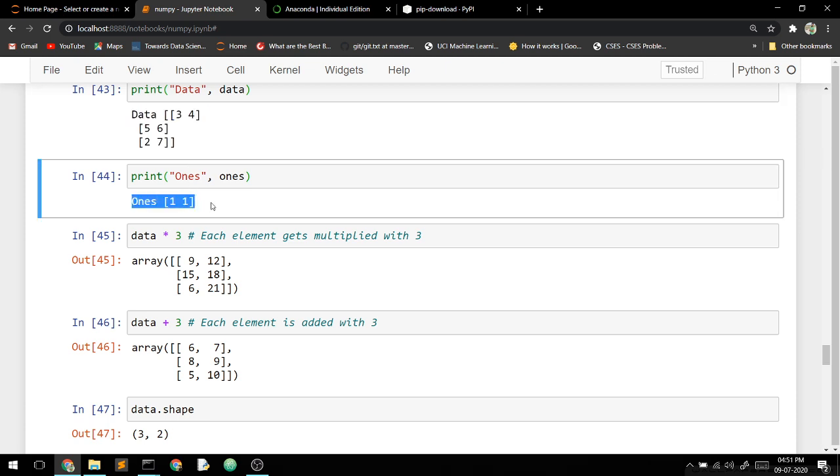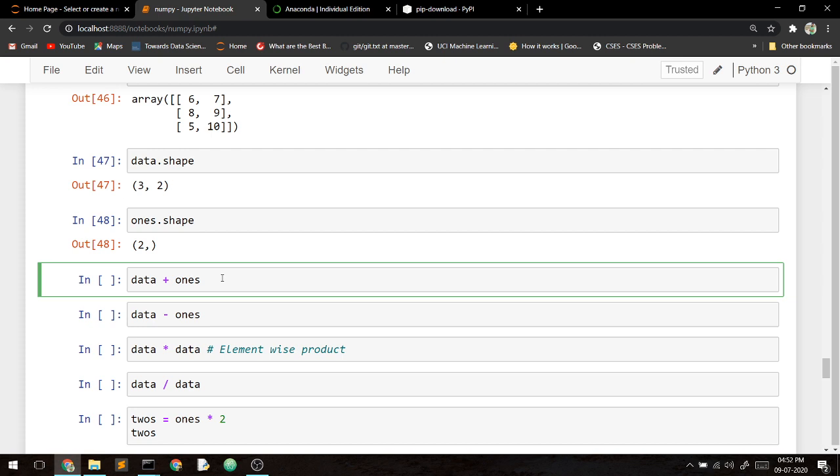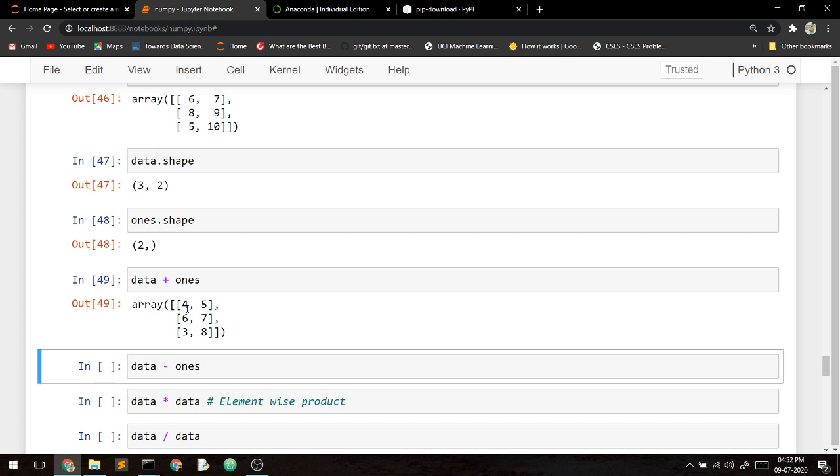The dimensions should be the same to perform addition of matrices. We know that. But in numpy, using data plus ones, you can easily see all the elements of the data are added to ones.